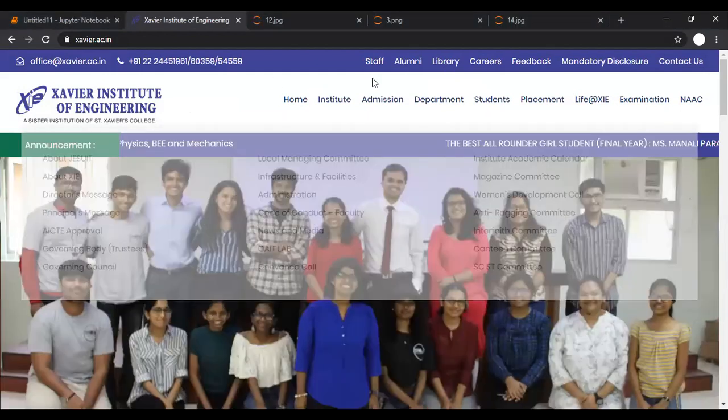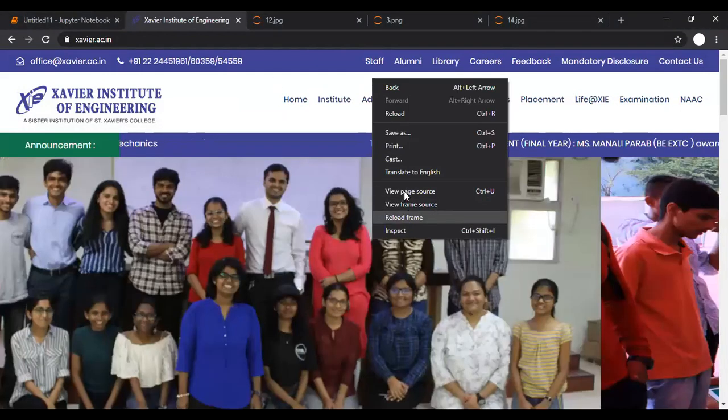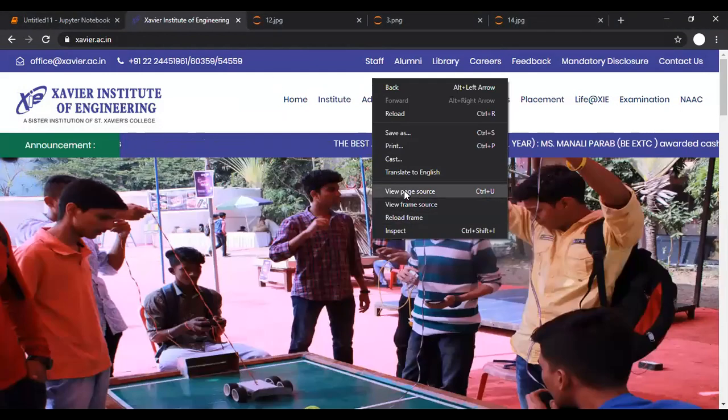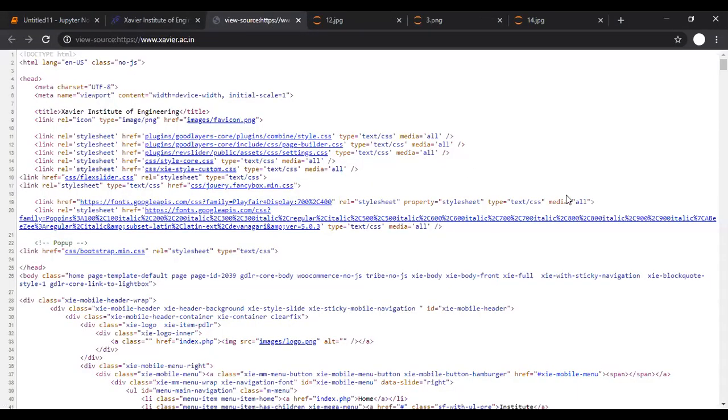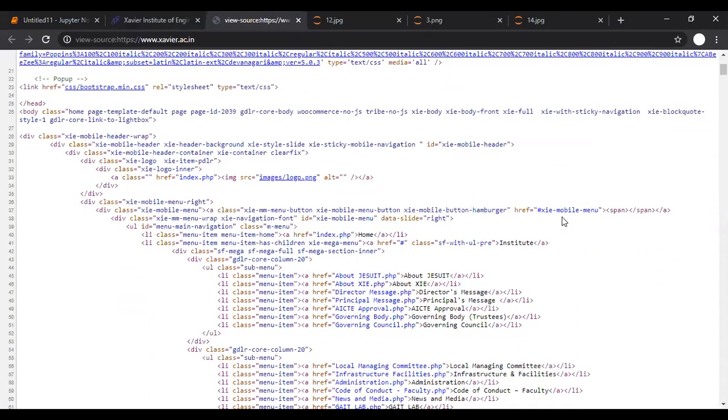So initially we can directly right click on this and go for view page source. Here, if you look, there are links for principal, director, message. These anchor tags are inside li tags.